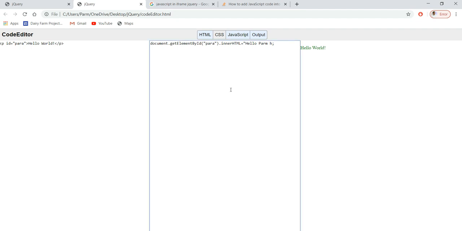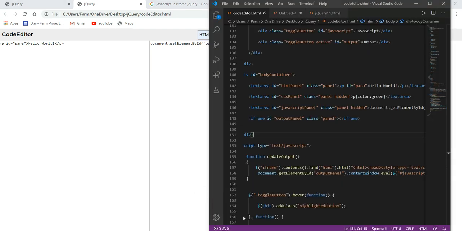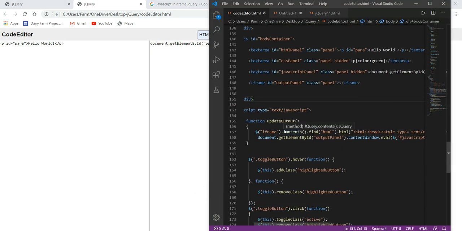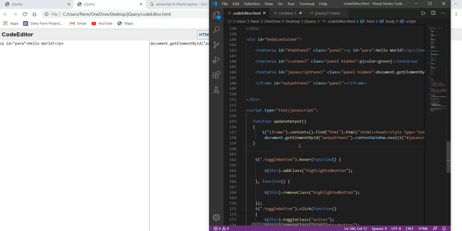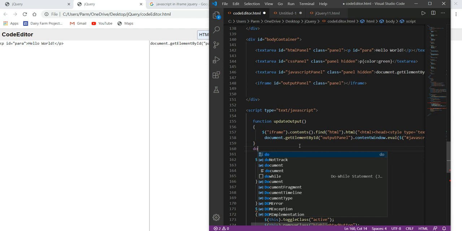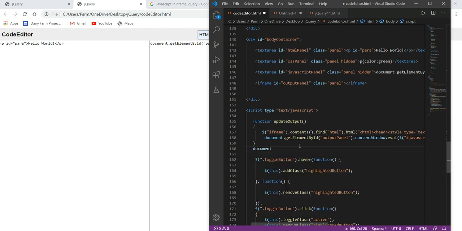So let me check it out. I'll write this line over here in document dot getElementById, and then here the id is para.